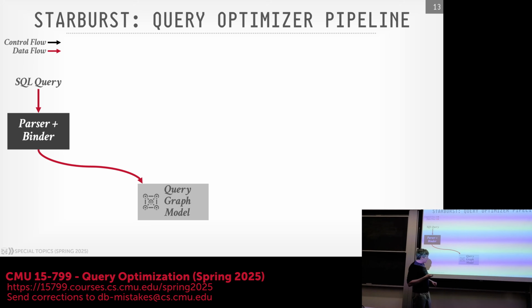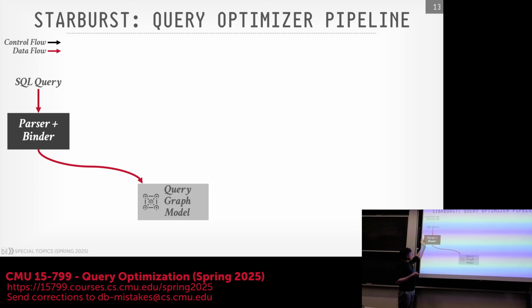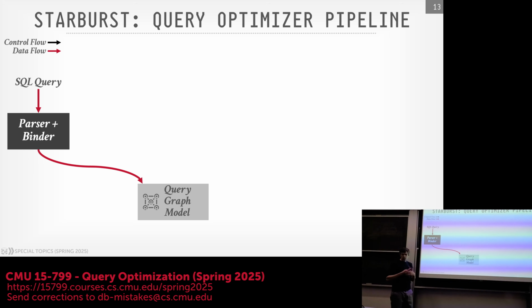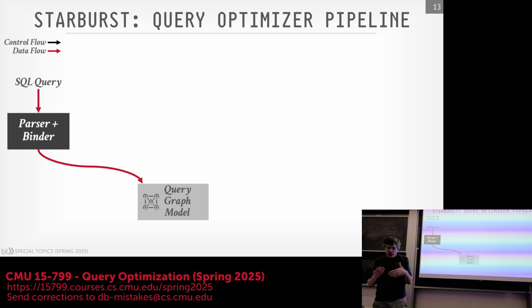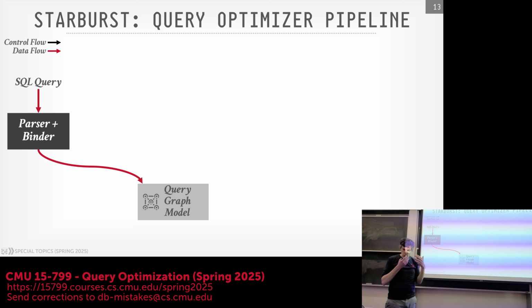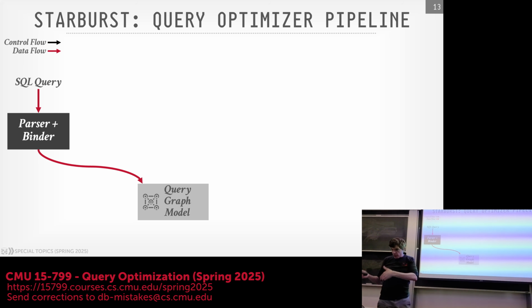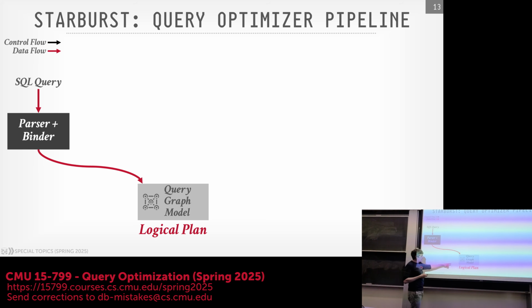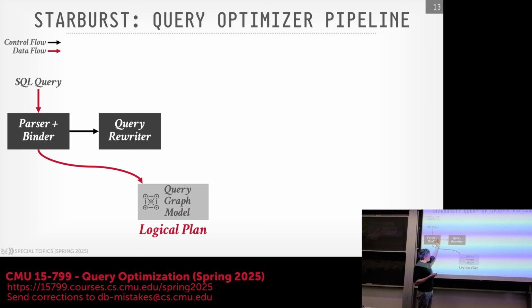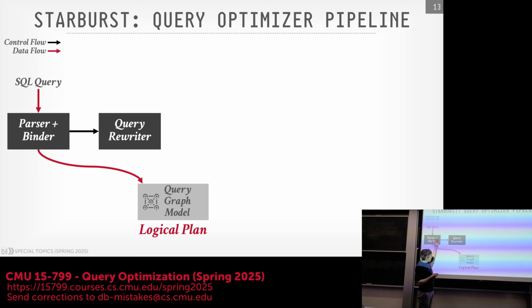And we'll go over what that is in a second. And then now the query graph model, you sort of think of this as a logical representation of the query plan in tuple relational calculus, which we'll cover in a few more slides. So this is the logical plan, but then now the binder says, okay, I'm done, tells the query writer